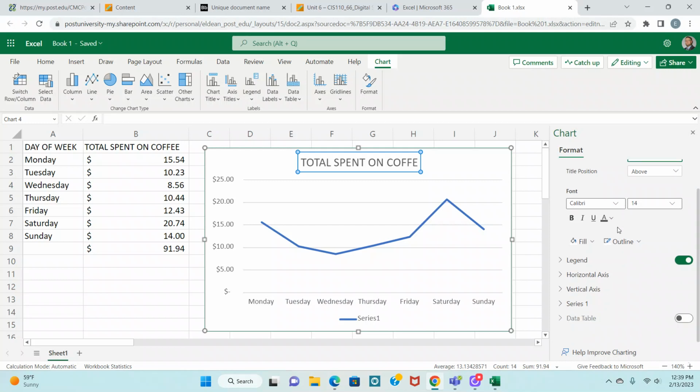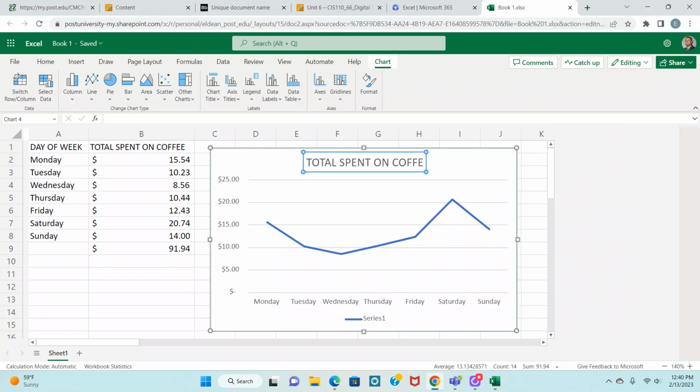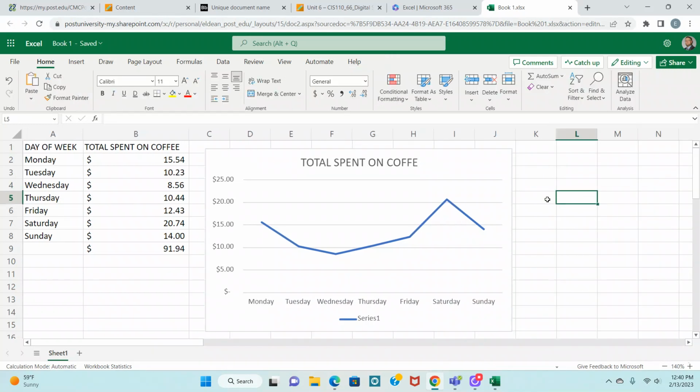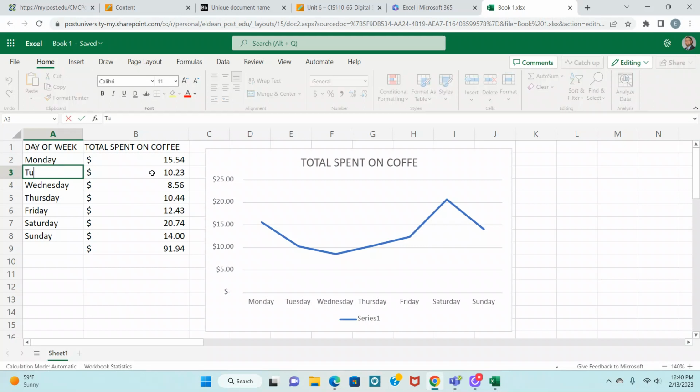chart title right there. And then within this area too, we also have our legend. We can edit our axes. We can edit our data points in here as well. And then from here, the last thing that I want to do, if I were to